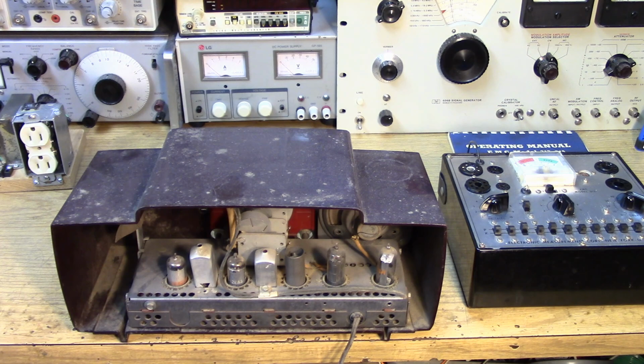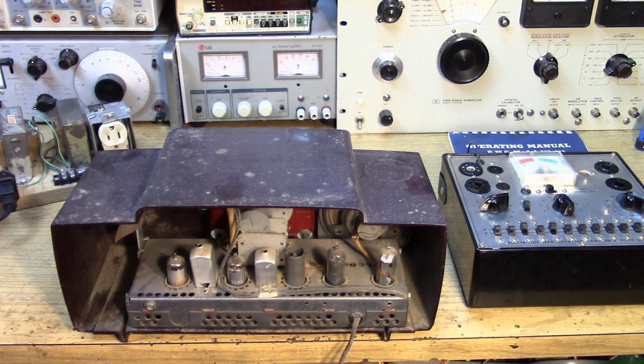Also, I have an isolation transformer. This is kind of a homebrew isolation transformer setup. It's two 5 or 10 amp transformers back to back, forming an isolation transformer. So you've got the 120 side in and out, and then the middles are connected. Now it's not the most efficient type of